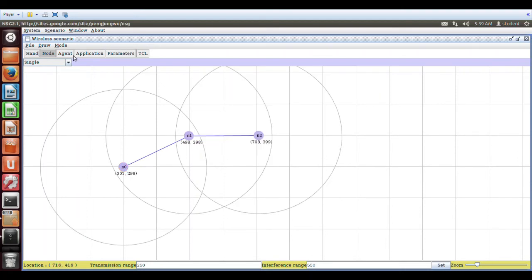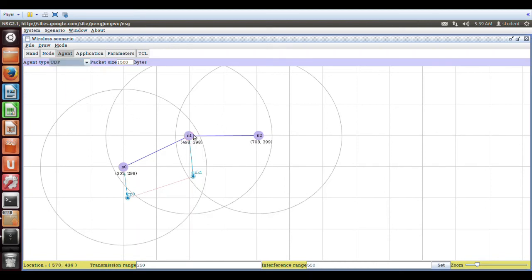So after that, you have to go to agents. Now this first agent should be defined as a TCP source. The second node will act as a TCP sink. So TCP sink, just like this, and you have to connect the two. Then again, the second node should act as UDP source.